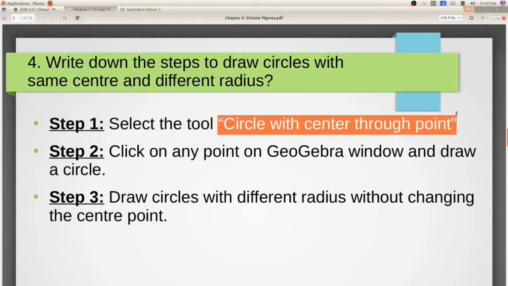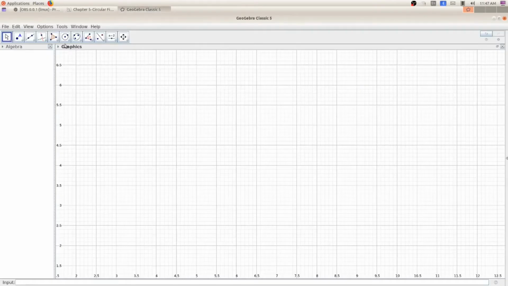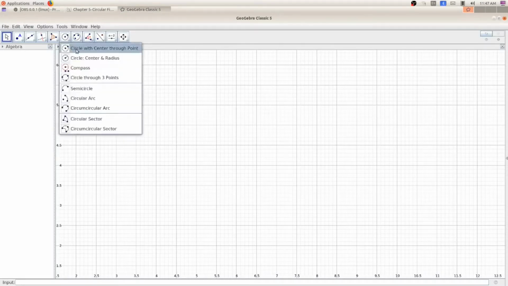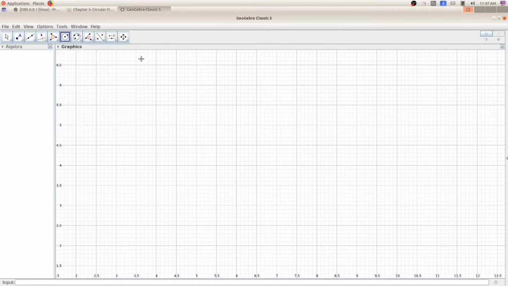This is the tool which we have to select. Here you can see the circle tools. Click here, and the first one, circle with center through point, click on that.